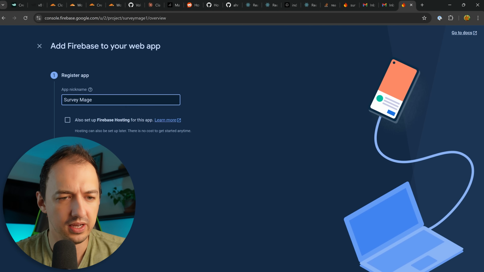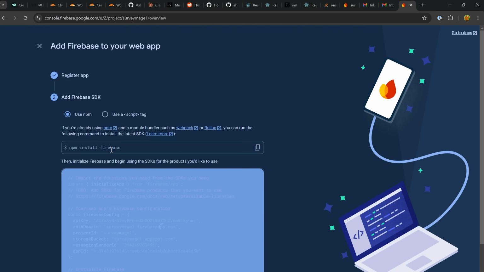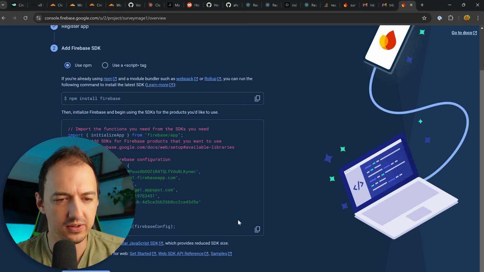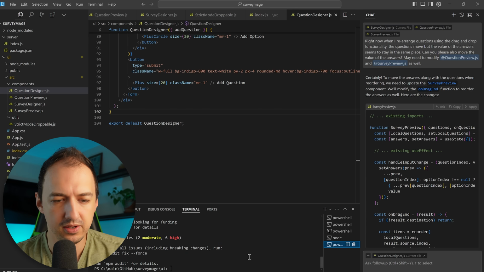Okay, yeah, so we're going to add this web app register. We're not going to use Firebase hosting because we're going to try out Cloudflare Pages. Okay, and then so there's our public configuration, which we'll paste into our app. Okay, I'm going to copy that npm install